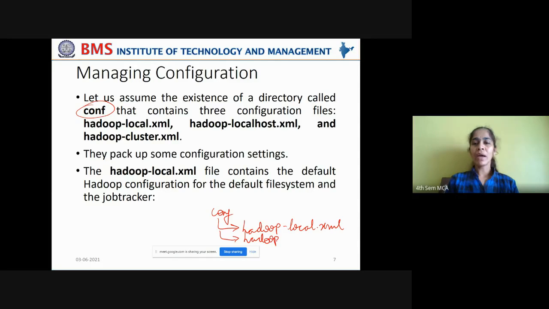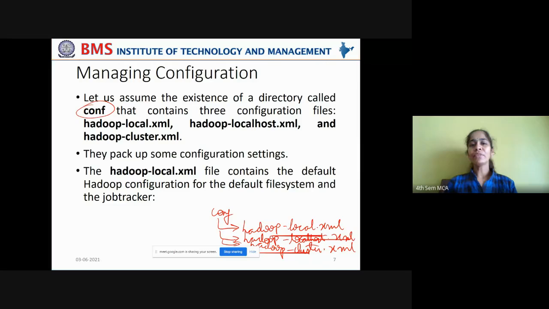And you also have Hadoop localhost.xml, which contains the properties that are set for the name node and the job tracker running on the same local machine. And you also have Hadoop cluster, which has all the properties that are set for a cluster.